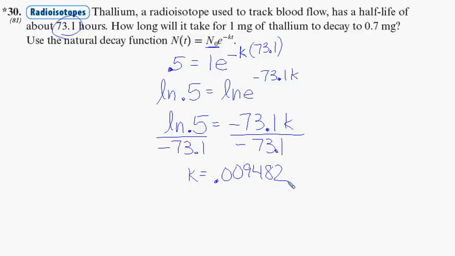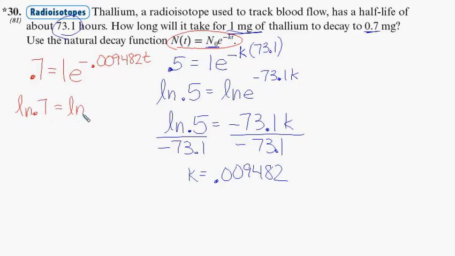All right, so now we're ready to apply it to this new situation when we have 1 milligram, same initial amount. You see I used 1 for the initial amount there, and then it decays down to 0.7. So this formula right here we're using again, except that our final amount is going to be 0.7. Our initial amount is 1. We know e, and we have negative, and then our constant, oh boy. Okay, so we've got 0.009482 times time. Okay, so take the natural log of 0.7, take the natural log of all of this,